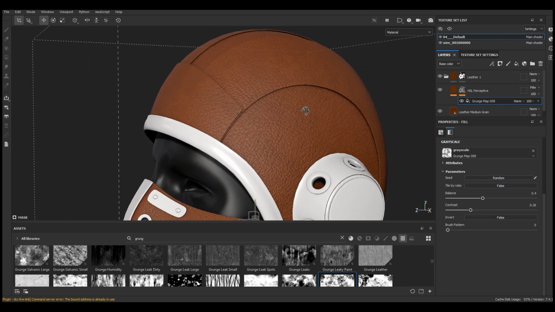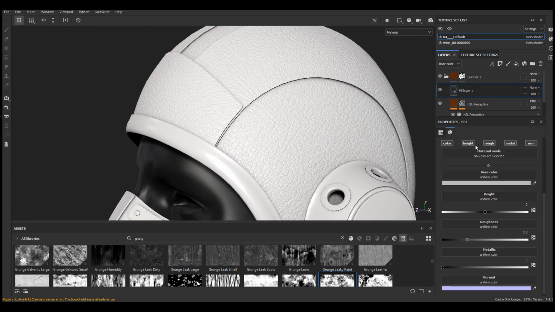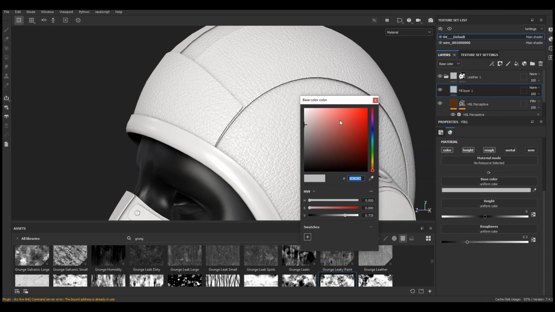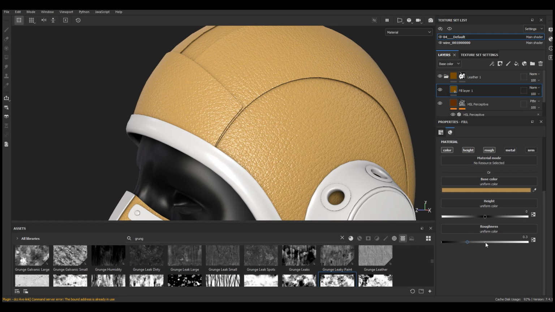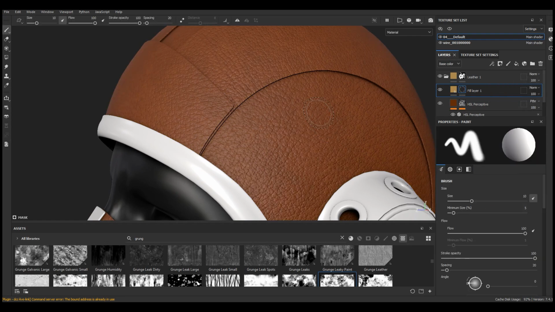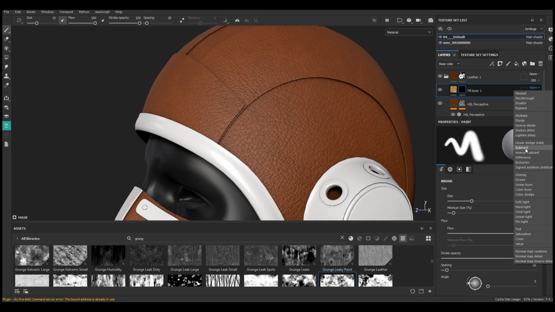I want to add more details to the work. I will add a fill layer and turn off the normal and emissive channels. I will choose a nearly yellow color and increase the roughness. Then I will add a black mask. I will set the mode to subtract